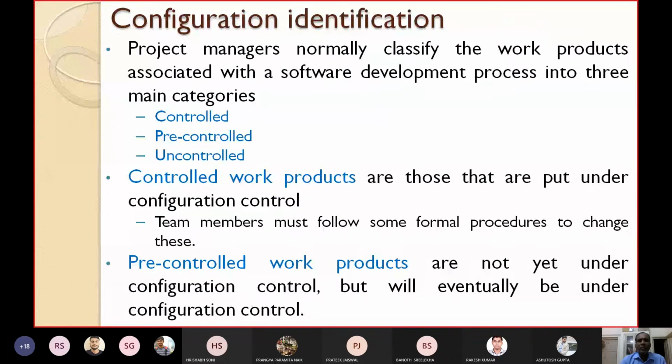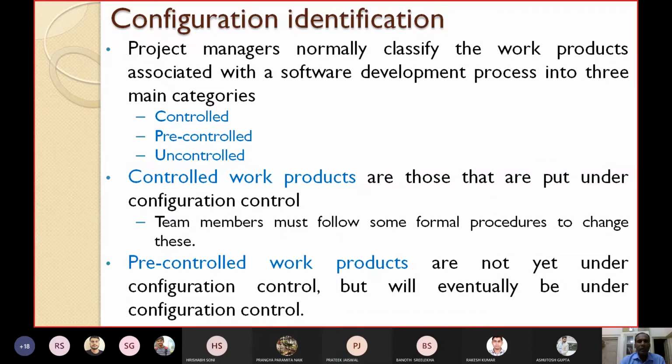The project managers normally classify the different work products associated with a software development process into three main categories with regard to configuration management. Those three categories are controlled, pre-controlled, and uncontrolled. So what is meant by controlled work products?